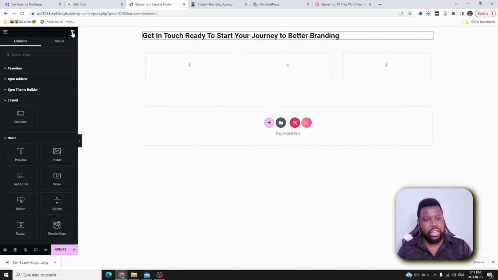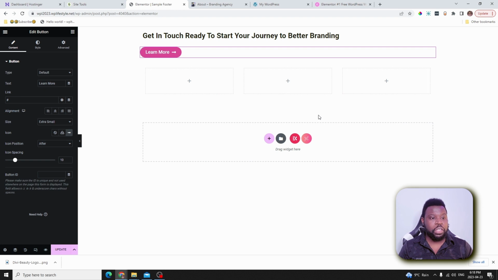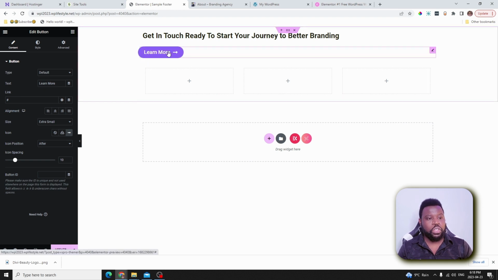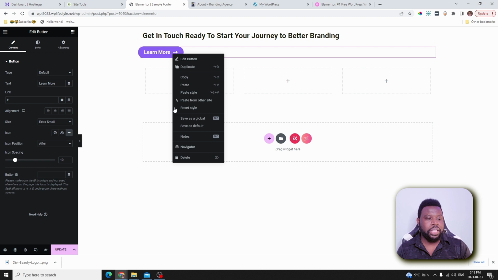And then let's go ahead and grab a button. I'm not going to customize any of this button. We already have a custom button right here. You can actually do the same thing after you customize a button, like for example, how we customize that button for the heading. You can go ahead and right click on the button and then save that design as your default. I did that for all my buttons so that every time I grab a new button, it will have the same design, so I don't have to do it again. So the option to do that is right here.